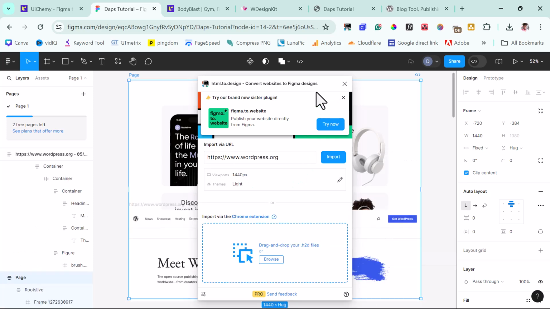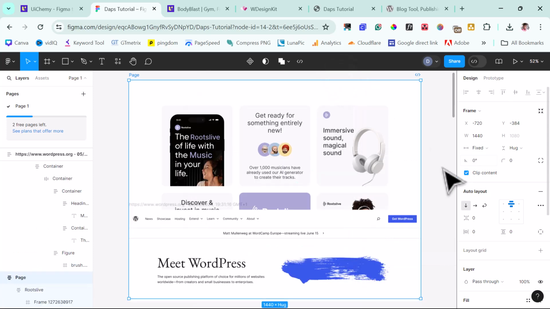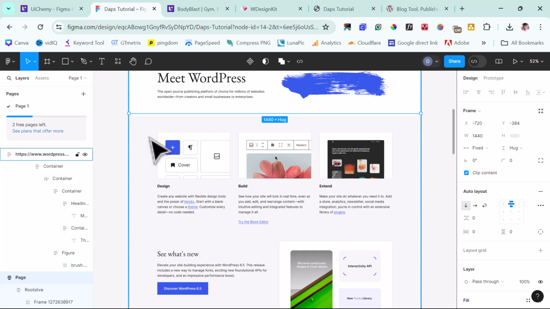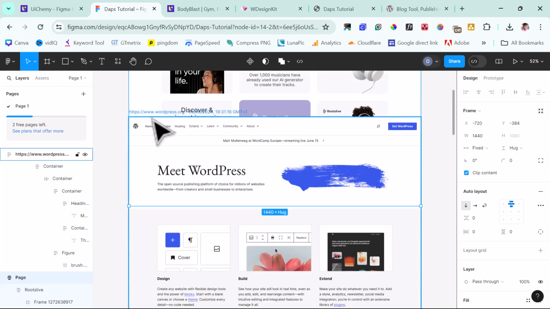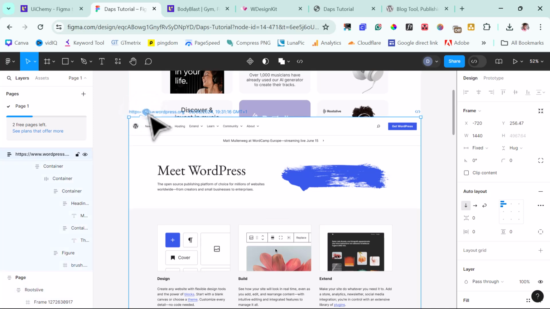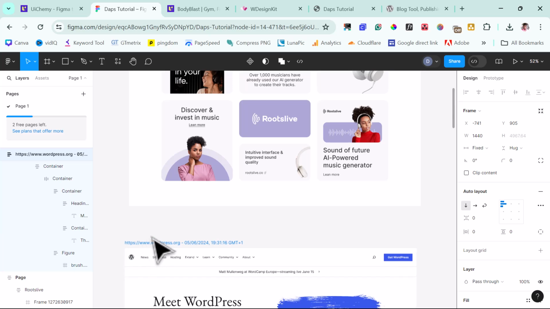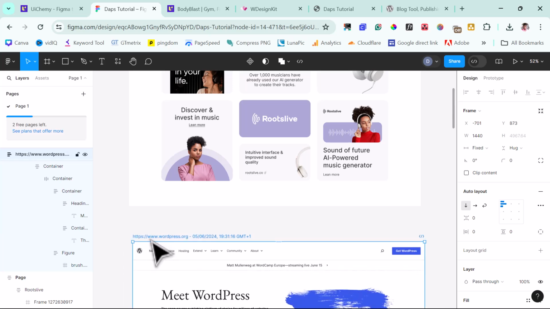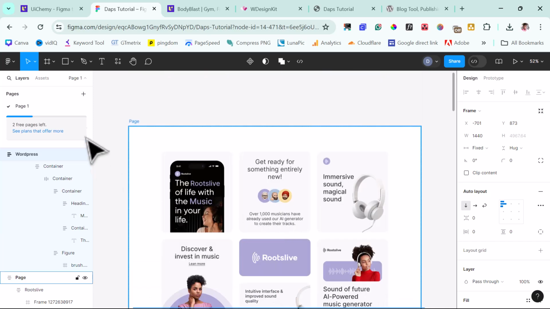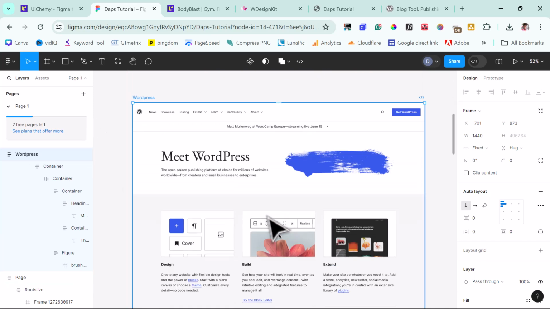Okay, so what we'll do is just close this plugin. So if I scroll down here, we have wordpress.org here, and I think this is good. I just want to shift this frame downwards somewhere here. Okay, this is all right. So this is good. So I just want to rename this frame. Let's call this WordPress. So that's it. So we now have this here and this here. So that's it. So now let's go back to UiChemy and let's see how we can use UiChemy to convert